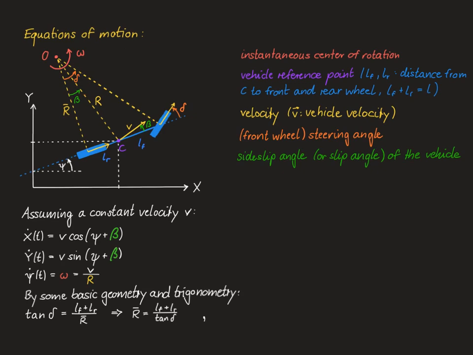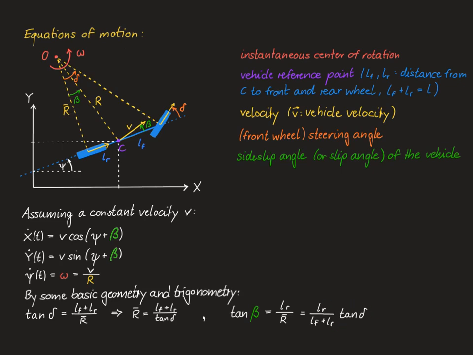we get that the tangent of beta is equal to this length, so LR, divided by this length, which is R bar. But we have just found an expression for R bar, so we may substitute this expression into the tangent of beta, and by this we obtain the tangent of beta equal to LR divided by LF plus LR times the tangent of the steering angle delta. So by taking the atan of both sides, we have found an explicit expression for the sideslip angle beta in terms of variables of the